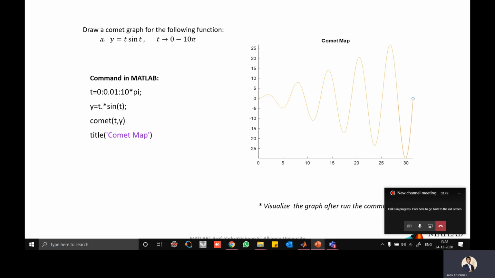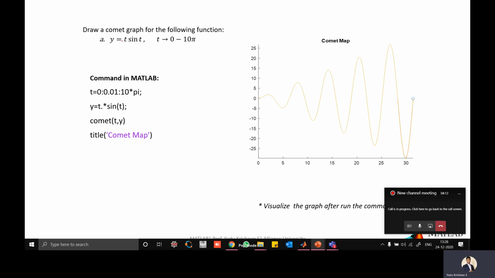Let's say you are drawing a circle. Once you run the program, you get a circle. But it looks good if you can see the particle slowly moving and coming back. In the same way we can use comet for visualizing, or animating, a point or a graph.